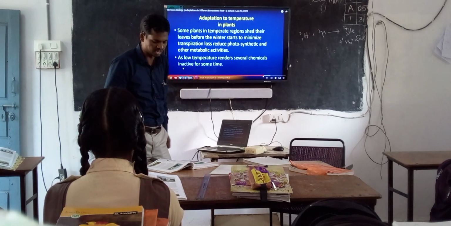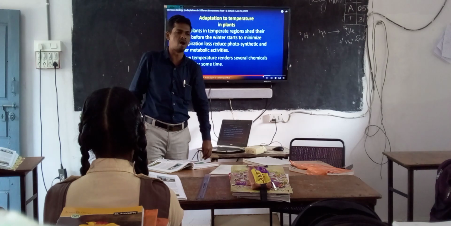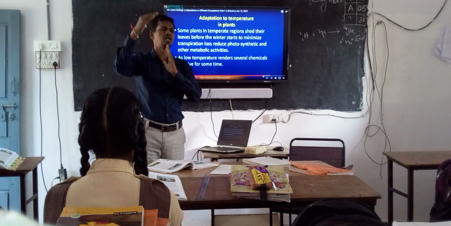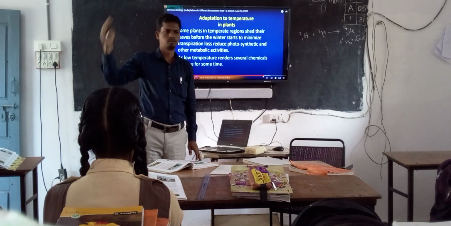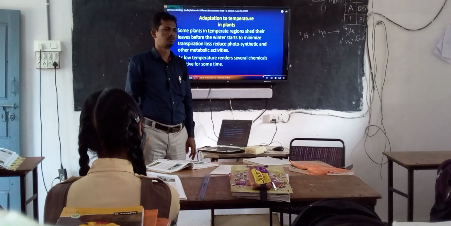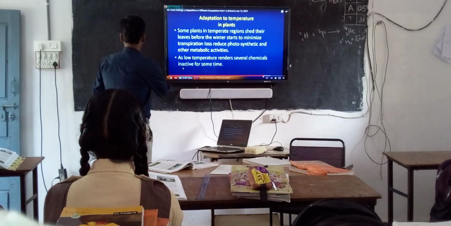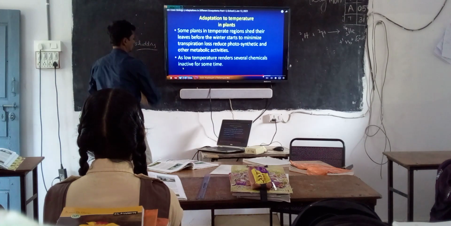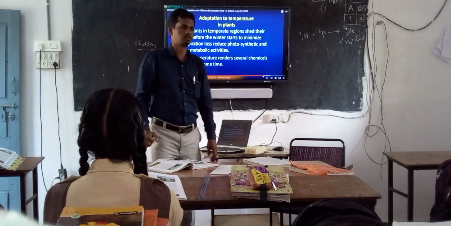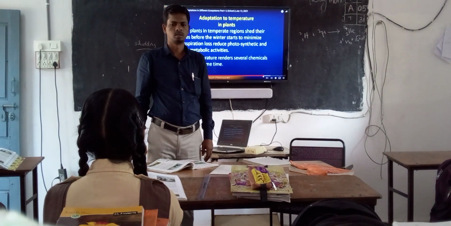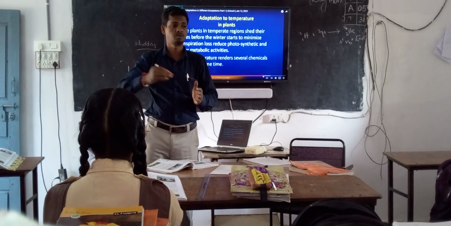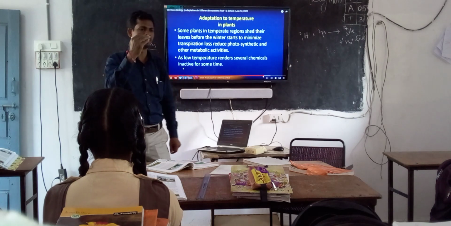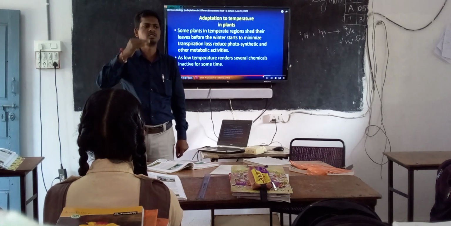Do all plants shed their leaves at the same time in a year throughout the world? All plants on the earth, do they shed their leaves at the same time? What is the meaning of shedding? Falling leaves. So do all plants on the earth shed their leaves in the same season? No. Why do all plants not shed their leaves